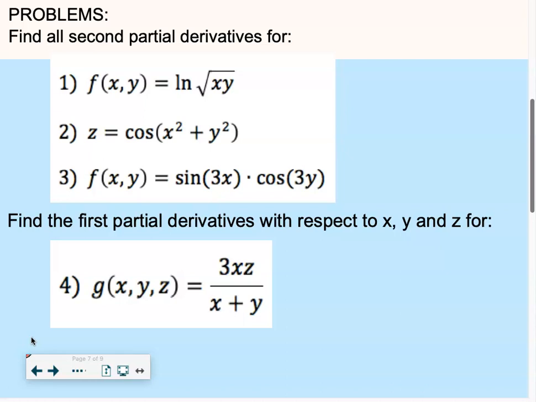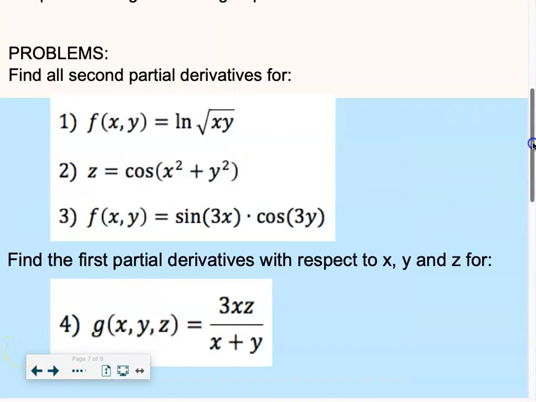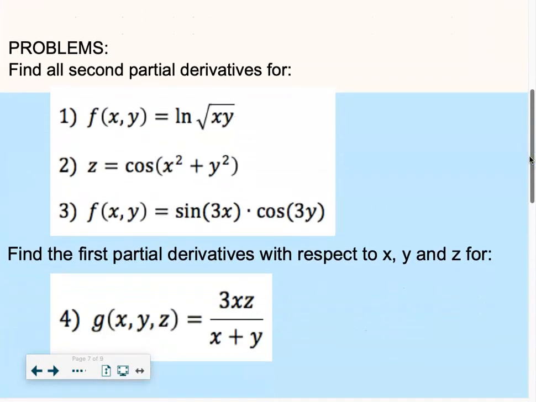Oh, one group is running up to the board. All right, a second group is going up. So, guys, what can you do with a natural log? One half ln xy. This is just one half of ln x plus